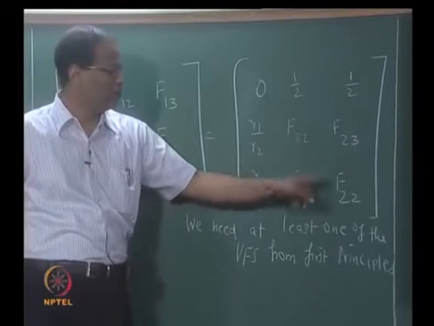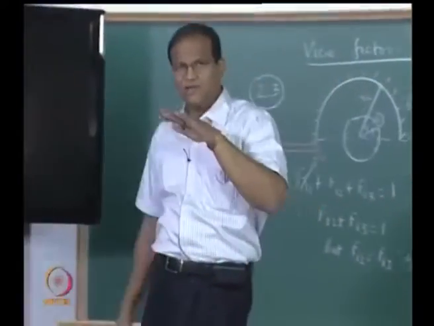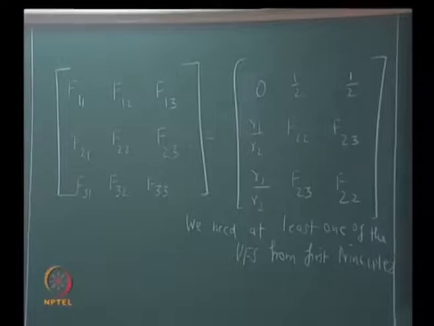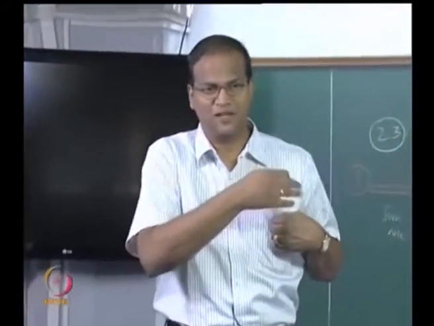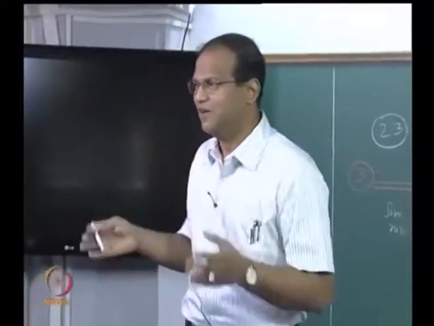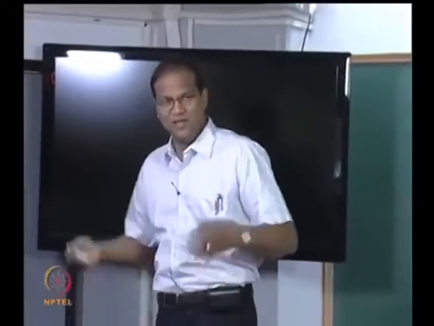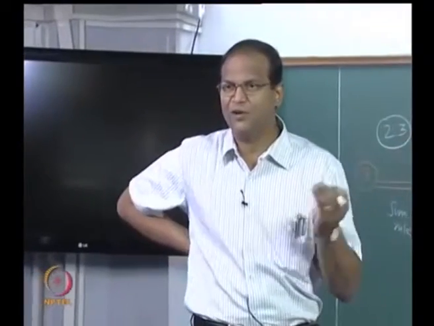So there are 2 unknowns, f22 and f23, right. That is it, we are stuck here, we cannot proceed any further. With view factor algebra, this is the maximum we can achieve. I must tell you that I am equally surprised that such a simple problem is not possible for us to solve, because I have not taken it from somewhere. Yesterday on the spot I thought we will work out a simple case, and I am completely surprised that we are not able to solve it using view factors. So we cannot underestimate it just because there are only 2 surfaces.